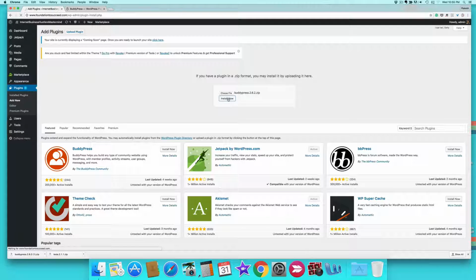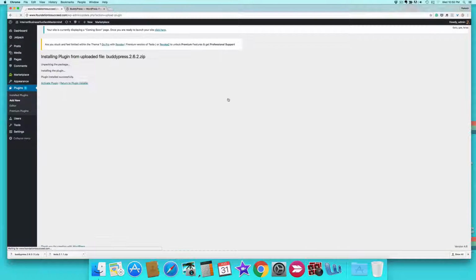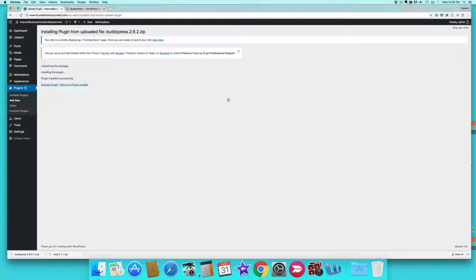But a plugin is not like a theme. Only one theme can be activated at one time. That's what decides the layout of your website. You can have only one layout at a time. But for plugins, many plugins can be activated because these plugins add functionality. There are many functionalities, so based on that, you have to